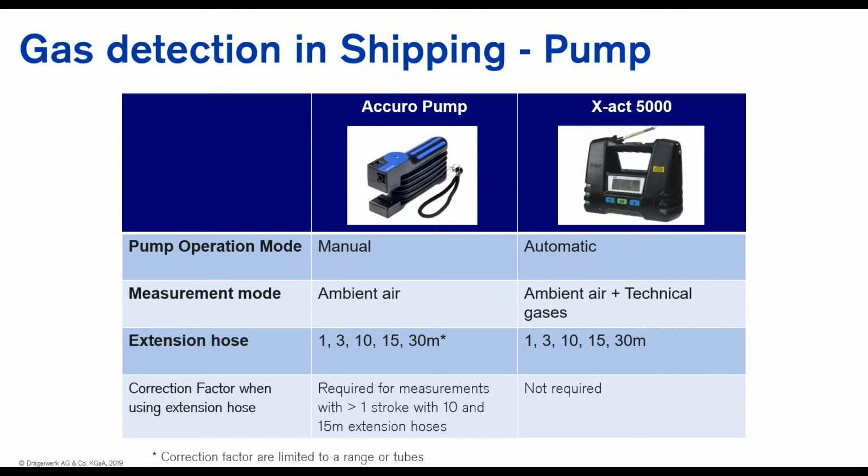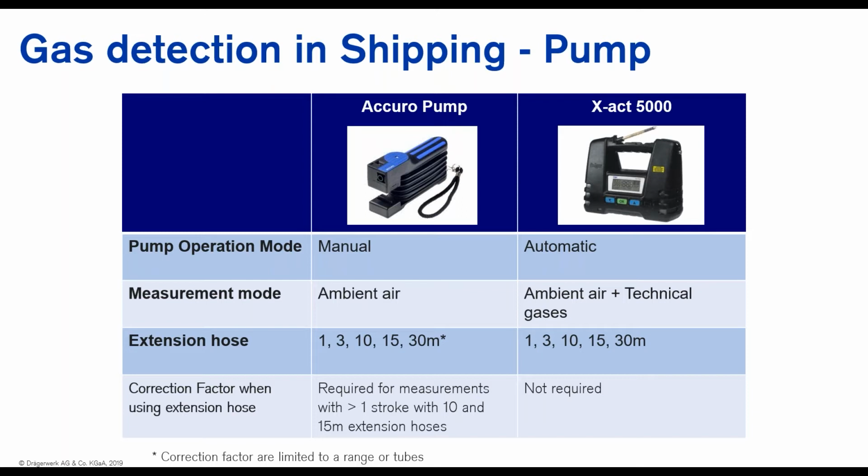So over here, I think this is also one area that I want to update the current customers on. If you look into the summary of the pump system, our manual pump and the XF5000, the key difference is that the pump mode is one manual, one automatic. But if you look into the extension hose itself, with the Accuro pump right now, you can use an extension hose up to 30 meter. For 30 meter, we are able to provide a correction factor, and currently we have a limited range of tubes for the 30 meter hose. So for the 30 meter hose with the Accuro pump, you have to ensure that